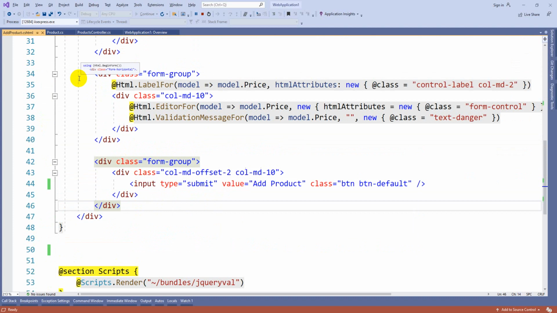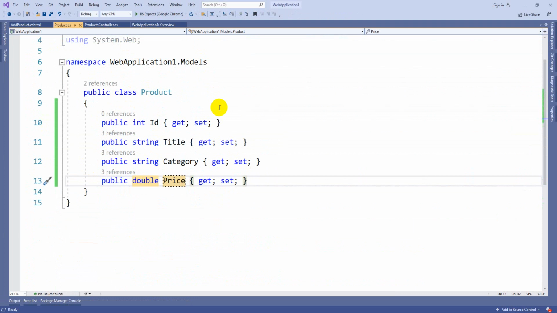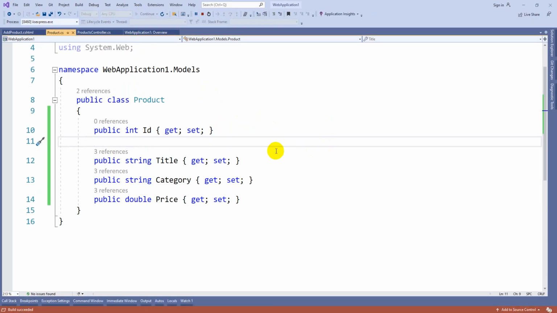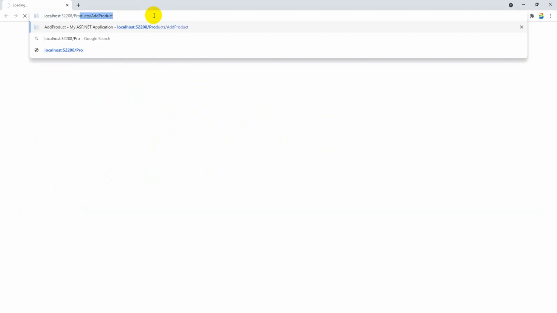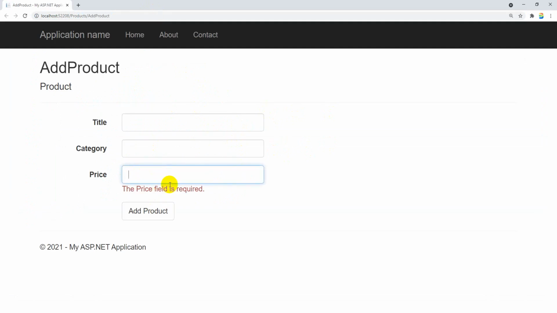Here I just want to add two points, guys. This is the model, right? Here you can include some model validations. Suppose, if you see this, whenever I execute and hit this button, since this is an integer or double field, this error was generated.